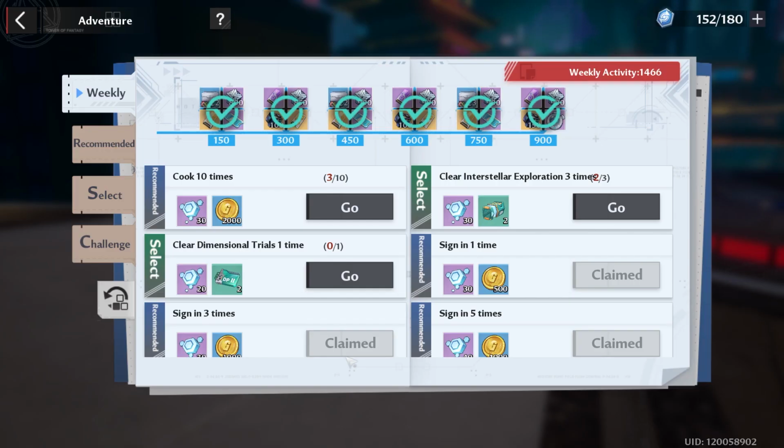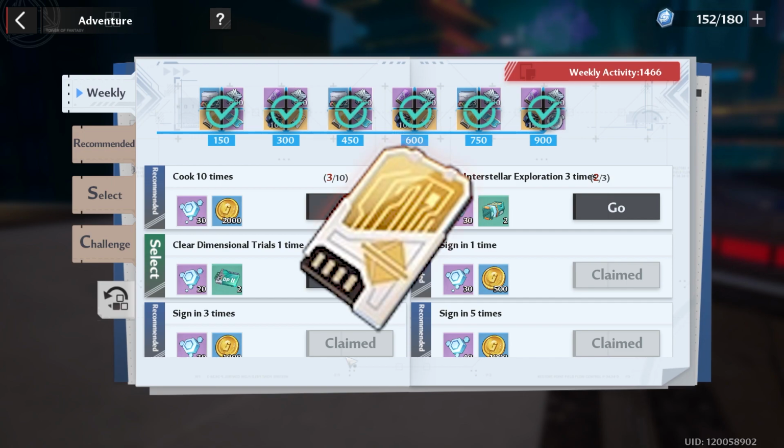Which brings us to the weekly tab. Now, since this is the end of the week, next week this should refresh, but I did want to go ahead and give you guys a warning. Since 2.2 should be announced soon, you might want to start saving your Type 3 keys, because if you remember,